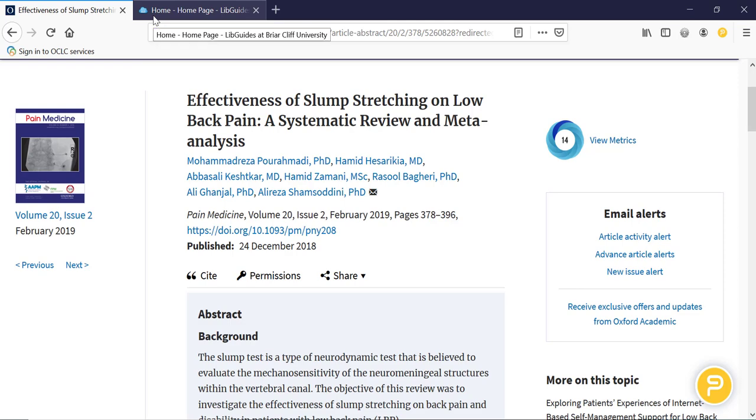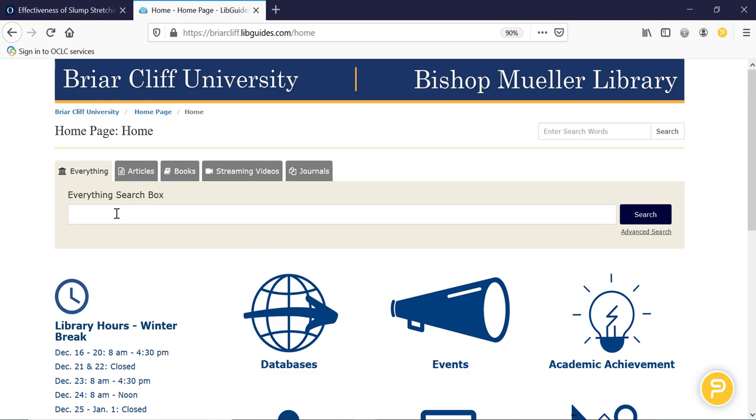And so I'm going to copy that because the journal title is what we'll need to look up this article to see if we have access to the full text of it. So now I'll go to the library's homepage, and in the Everything search box, I'm going to paste in Pain Medicine, the title of the journal, not the article title because it won't work. So make sure you put in the journal title, and then make sure you click Journals at the top here,